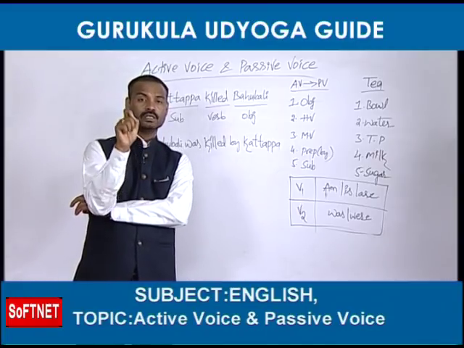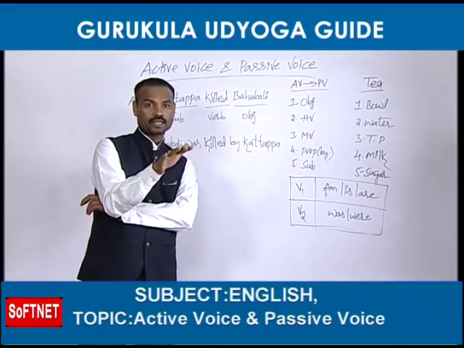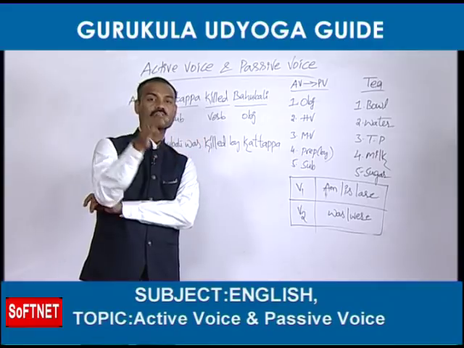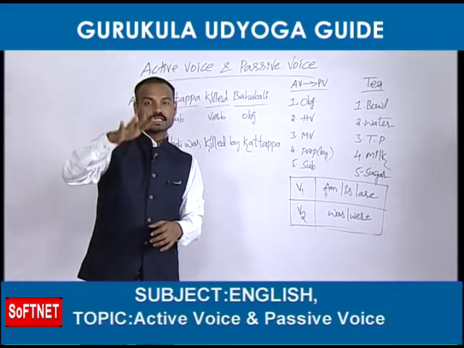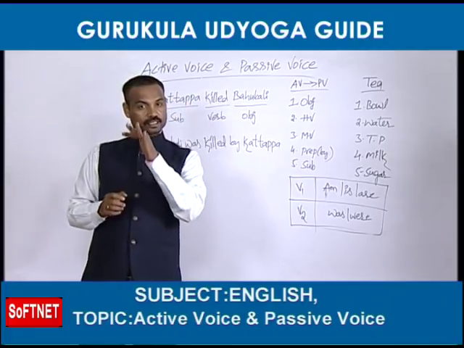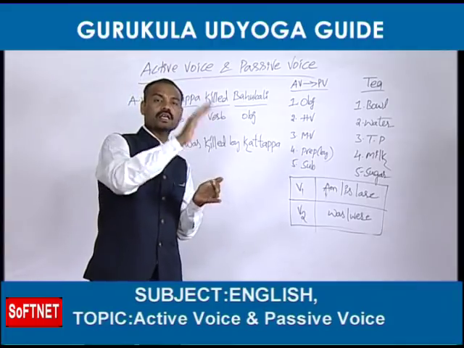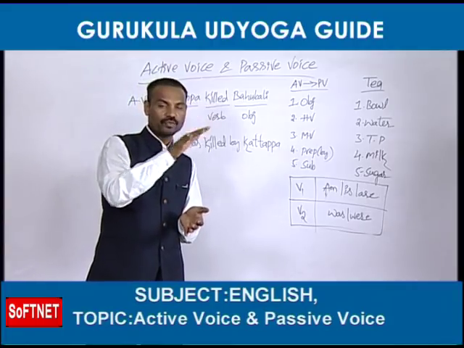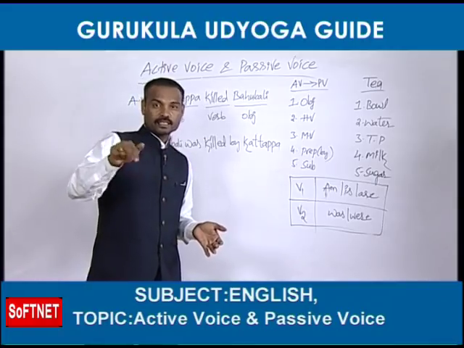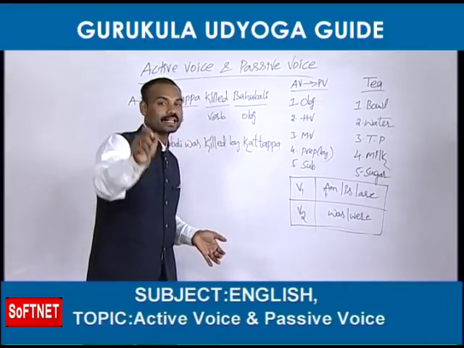For example, Sanjay is working. Sanjay is working as a director. Okay, Sanjay is working in movies, or Sanjay is directing a movie. It is present continuous. See, while we are learning tenses, this is present continuous tense. While we are learning active voice, passive voice, it is called active voice.